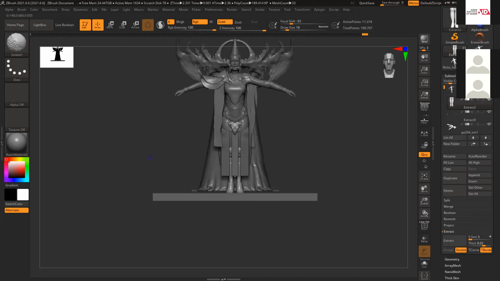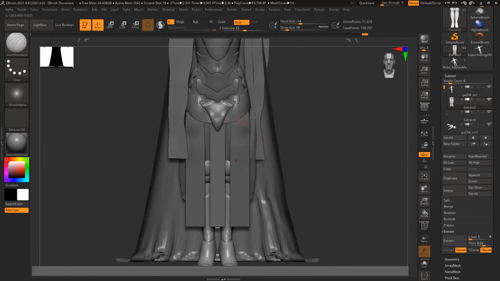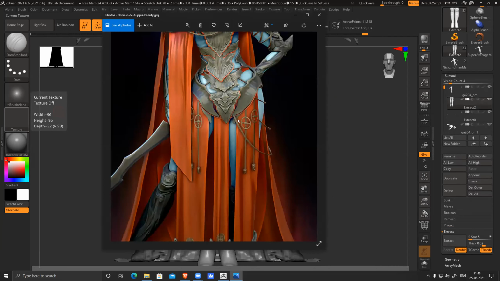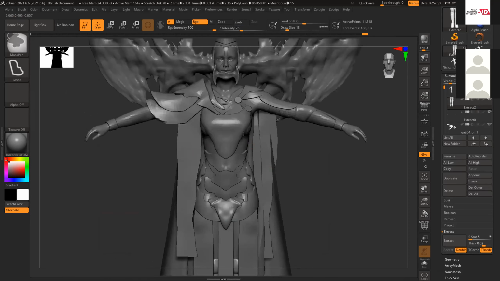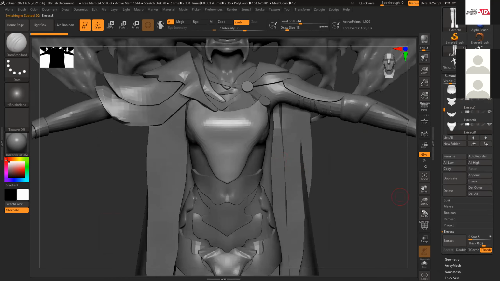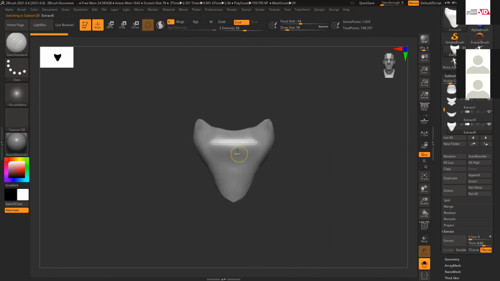My boots, shoes, and all these things are almost ready. Like these kind of things, if I want, I can do it directly into low poly also, or if I want, I can do it in ZBrush also. Both work. Okay, let's start with the display now.